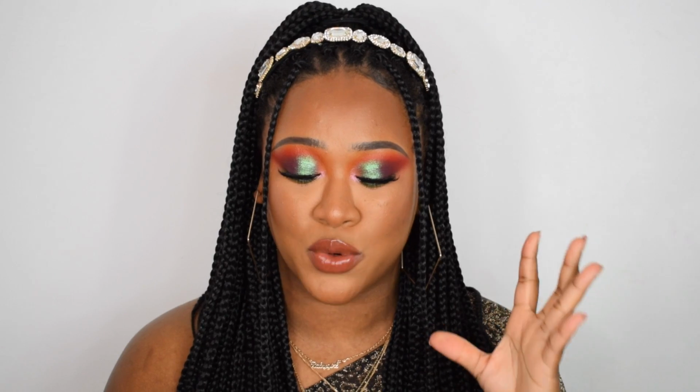The shimmers are so creamy, really pigmented. They also have really good blendable pigmented mattes, which I am just blown away by. For the price point of Colourpop as well, it is just outstanding quality. I haven't come across any dry mattes or any hard pan shimmers. Honestly, everything I've tried from Colourpop, these two especially, are my favorite. They are so